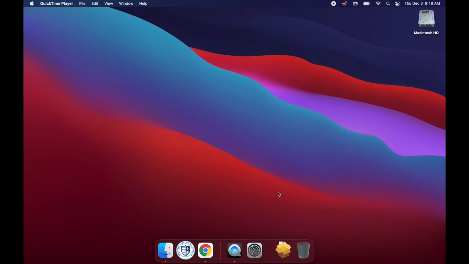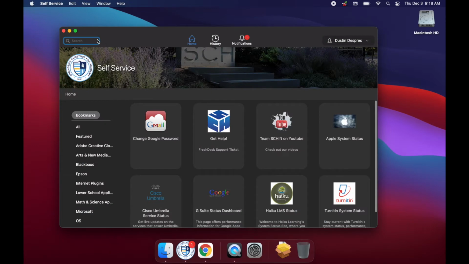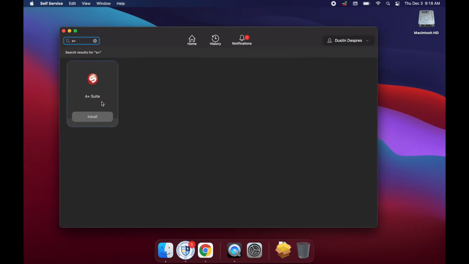Here's a video about how to use the new document cameras. The first thing you want to do is go to self-service. You need this software called A+ Suite that installs several tools that allow you to use these cameras a little better. Now the A+ Suite will install several apps, but the one that you're going to use most often is